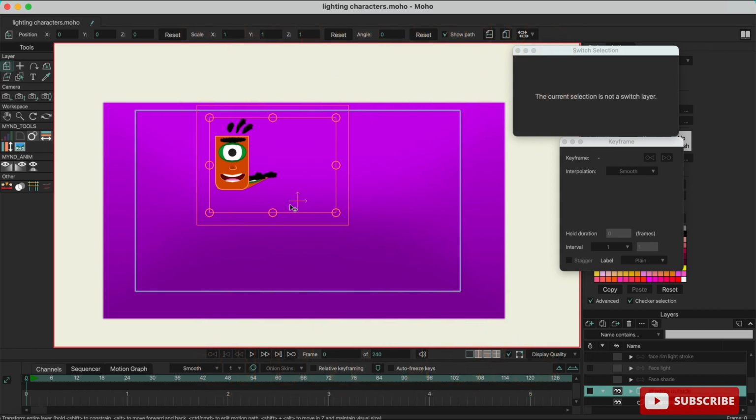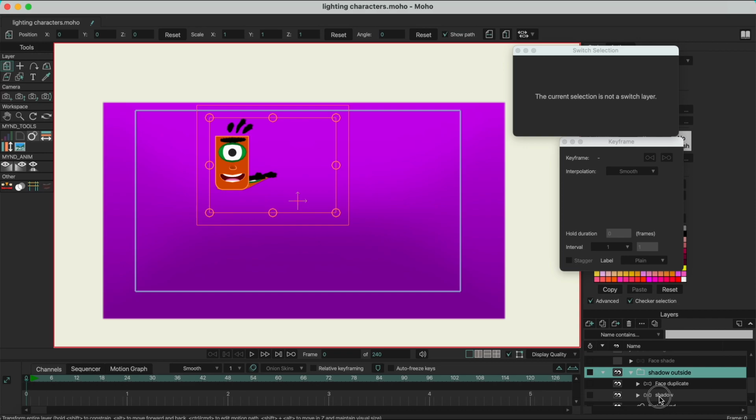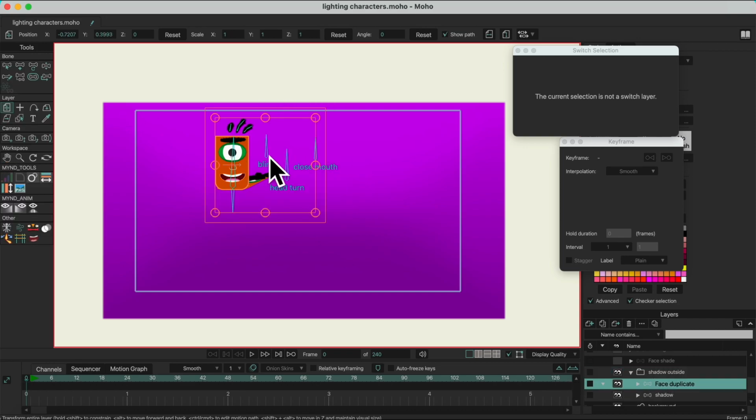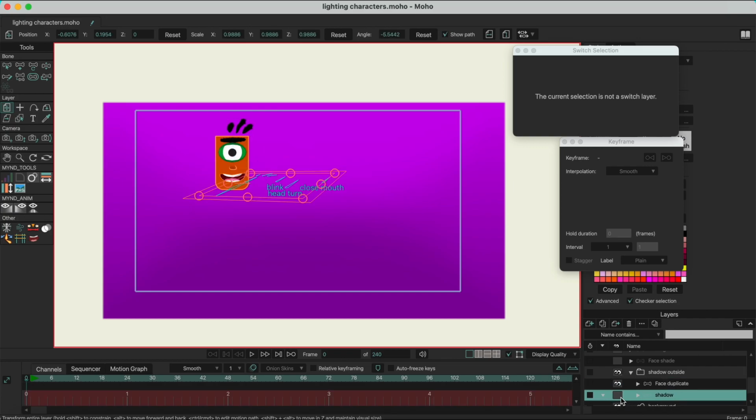So I have shadows, and this will be shadow outside. This is the first style that I'm gonna share with you, which is the shadow. It's basically I duplicated my main rig. So this is my main rig, and I duplicated the same one. You can use it as a reference layer also, or just duplicate it after you've done the animation, and you can just use this rotate layer XY and change its position,